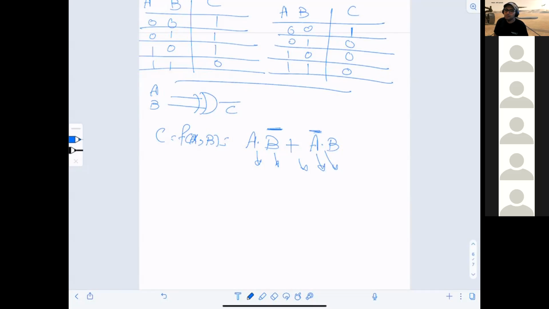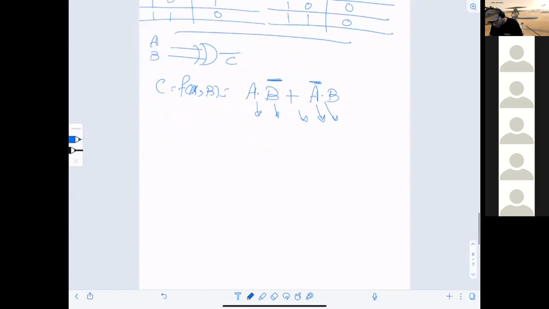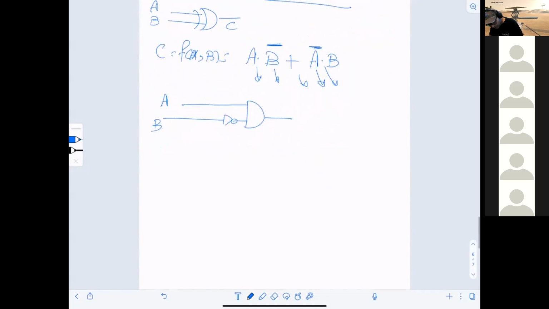Right? And building it is not really hard, right? So it's basically what? Here is the A, and it was the NOT gate of B, and here is